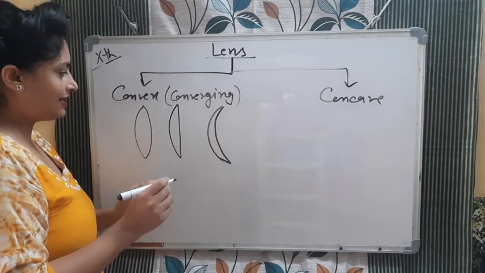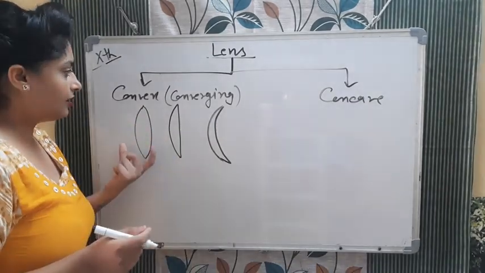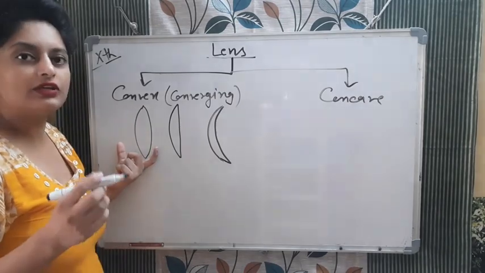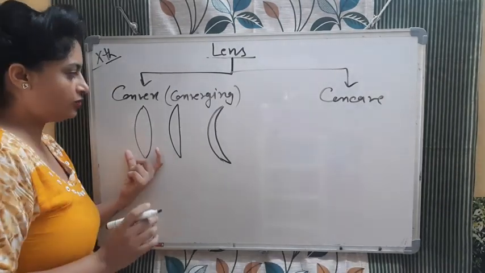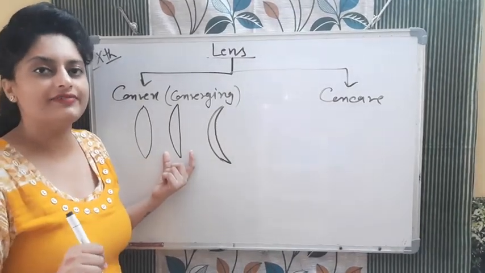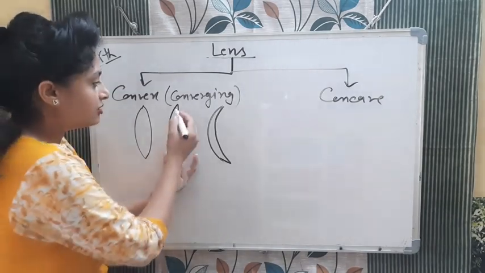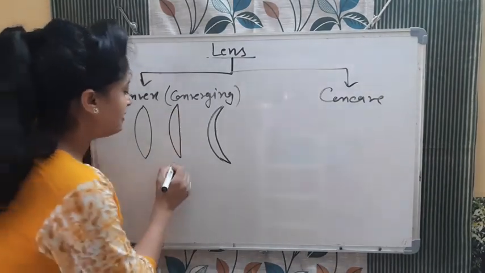See what I am saying, this is the simple convex lens, which we can also call a biconvex lens, because both sides are spherical. Okay, this is simple, that we need to study. Now this is known as the plano-convex. Plano-convex means one surface is spherical and one surface is plane. So see, this side it is spherical and this side it is plane. So this is known as the plano-convex.